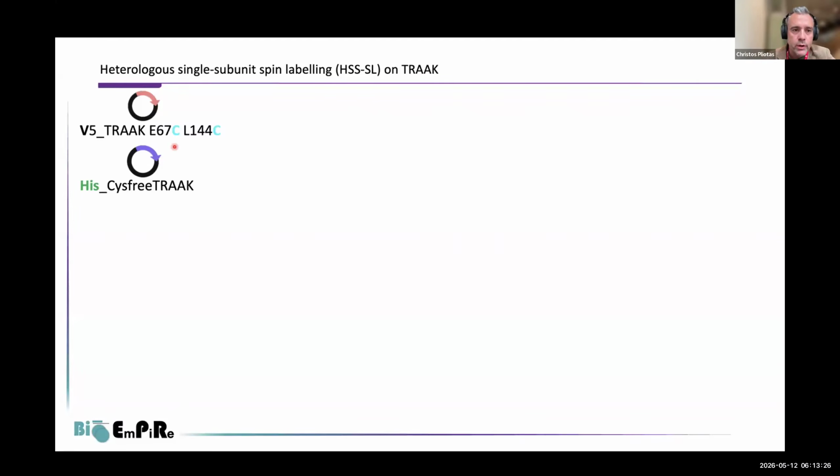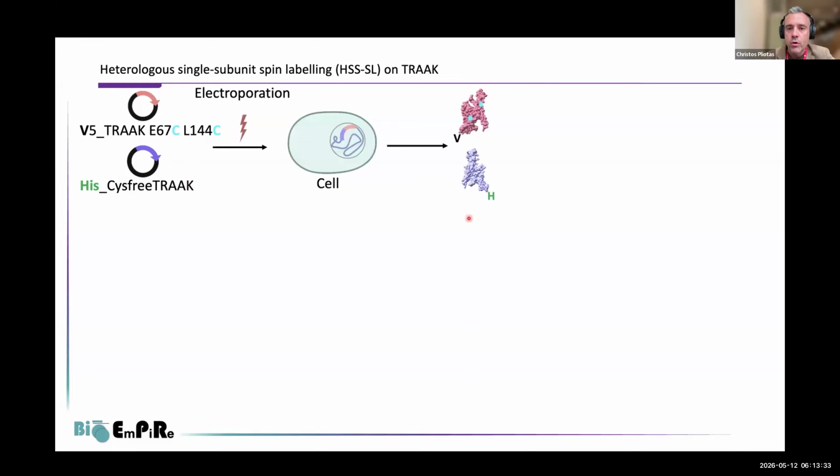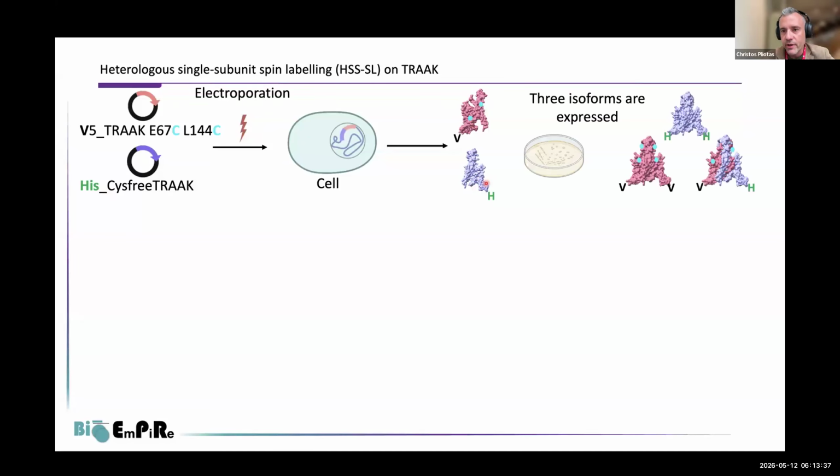So what we've done, we co-expressed two constructs, one with cysteines, one cysteine-free, and different tags. Then we obtained two kinds of species, one with two labels, one with no labels, EPR silent. Then three isoforms were expressed, right? A tetramer that is unwanted. We don't want that because it's going to mess up things for us. The EPR silent construct is there, but we don't see it by EPR because EPR detects only paramagnetic species and